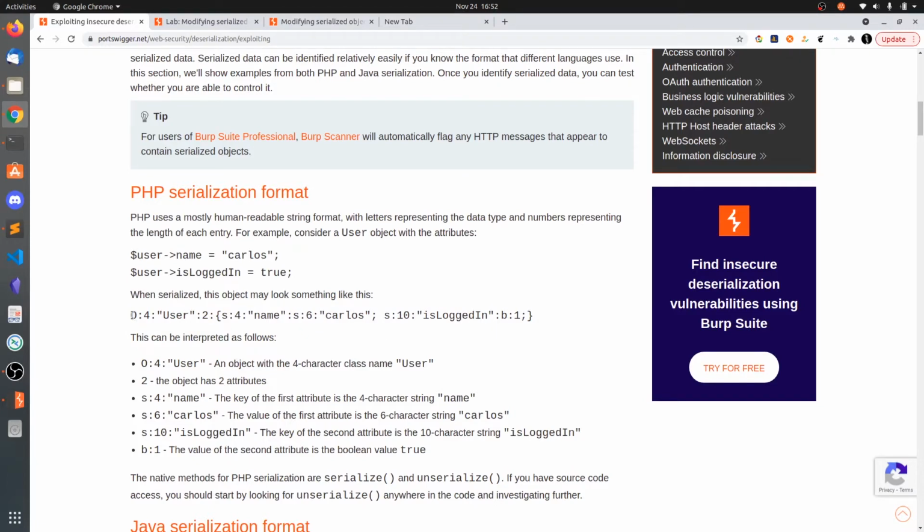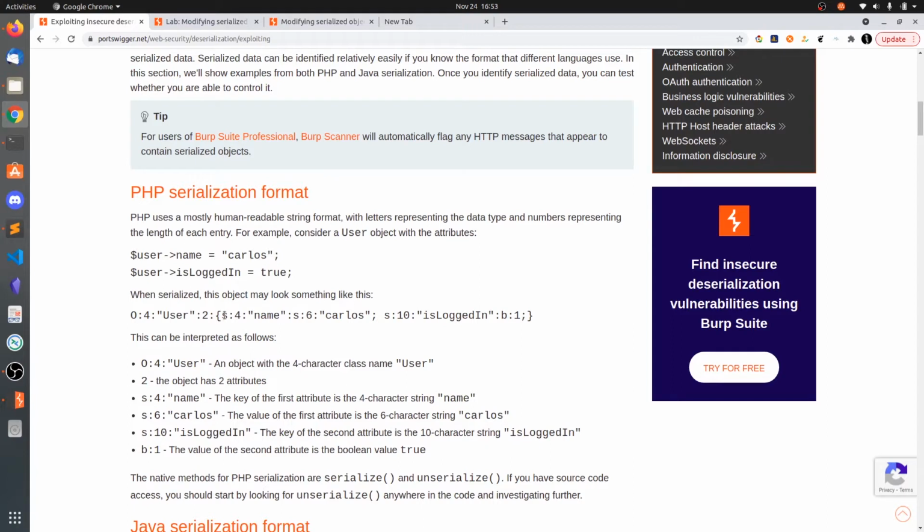So the first one is O for object, and 4 is the length of the object's name string. You can see here user is 4 characters long, so that's why the length is 4. And this 2 indicates the number of attributes this object has, that is 2 attributes. And here you can see the 2 attributes, name and isLoggedIn.